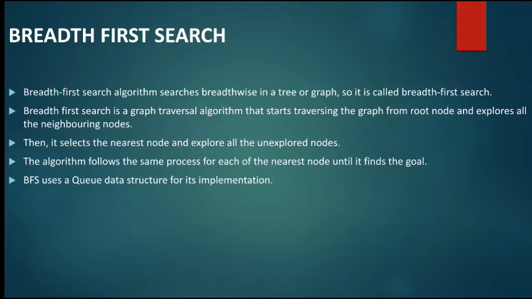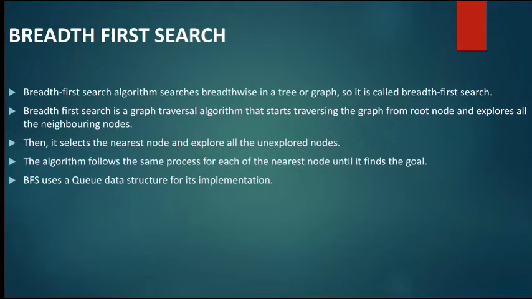As you all know, breadth first search uses the queue data structure. To give you a real life example, a queue is used in different scenarios. One scenario is at the railway station, where people are standing in a line to buy a ticket. Or people standing in a queue outside a movie theater to buy movie tickets. So that is a queue data structure. We mark the visited nodes and put them into a queue.